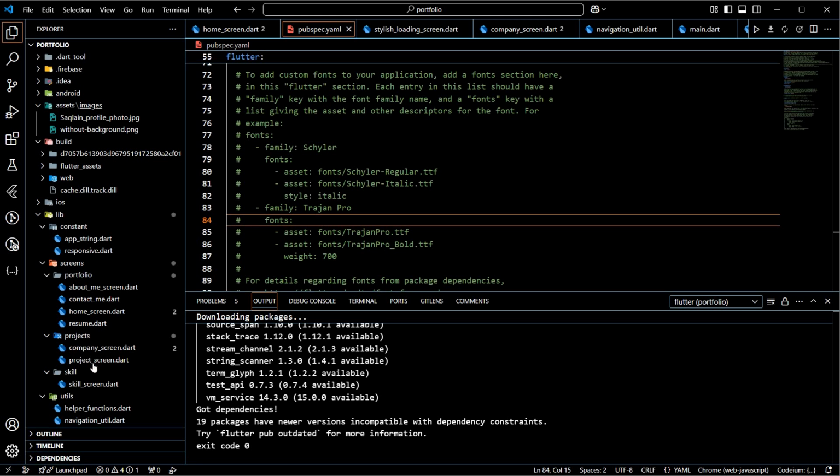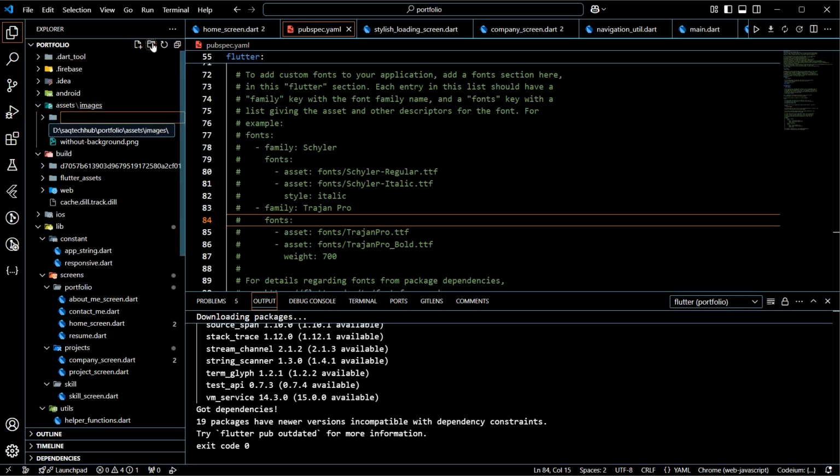In this project, I will show you how to use custom font in your Flutter project. First, you need to make a new folder called fonts in your asset folders, and then you need to go